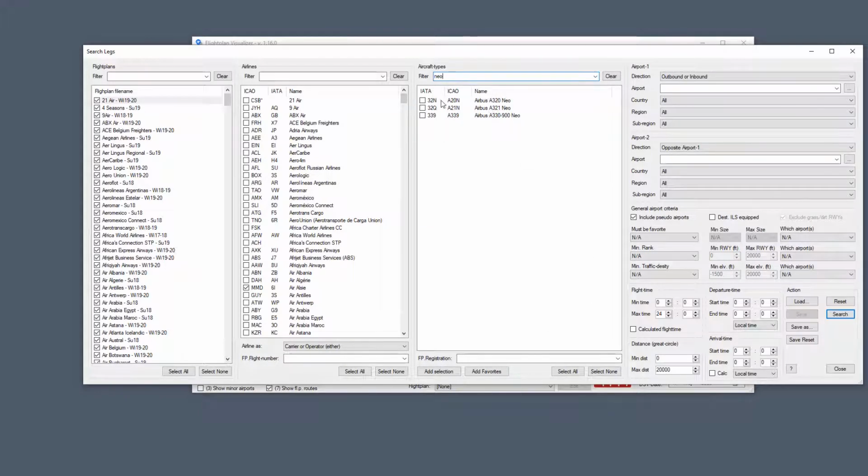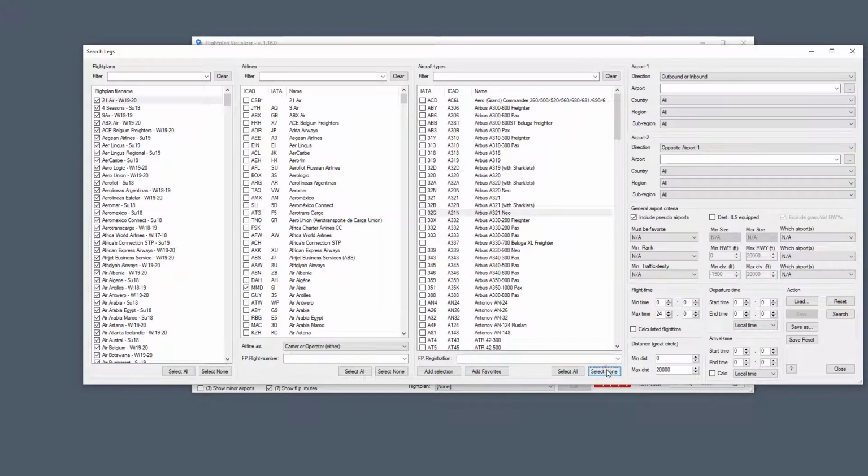And I could select all, I could simply click those two I want if I only want these two. So always keep these filters as simple as possible for your own sake. In most cases, there's no need for advanced filters, but sometimes there is. And with the aircraft, you can start to make it